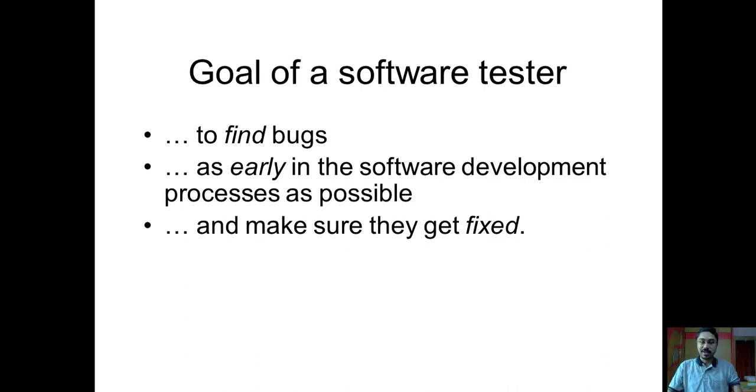to fix it. And once the developer has fixed it, then you have to ensure, again you have to rerun all the testing so that you make sure the bug has actually been fixed, and because of that bug, nothing else has been damaged which was earlier working in your software. So this is the goal of a software tester.